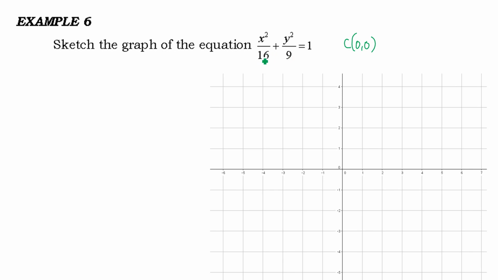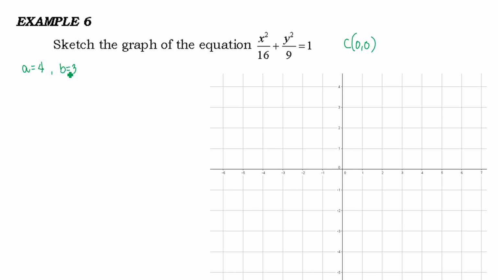So in other words, our A would be the square root of 16, which is 4, the positive square root, or the principal root. Then our B would be the principal root of 9, which is 3. So, yan na. We have now our A and our B. Therefore, remember na the